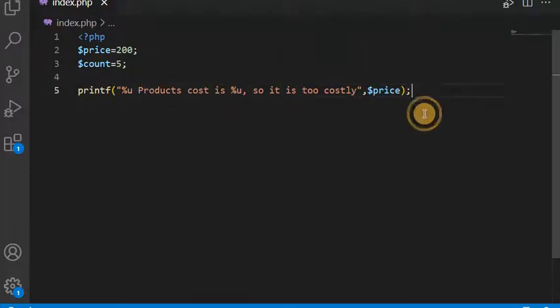So guys, you can see here I have used two formatters. This is the first formatter and this is the second formatter. So the first formatter is used for the number of count here, but the second is used for the price value. So the sequence of formatters, whatever we have used, in the same sequence we have to pass its value as well. So you can see here the count formatter is coming first, so I have to pass the